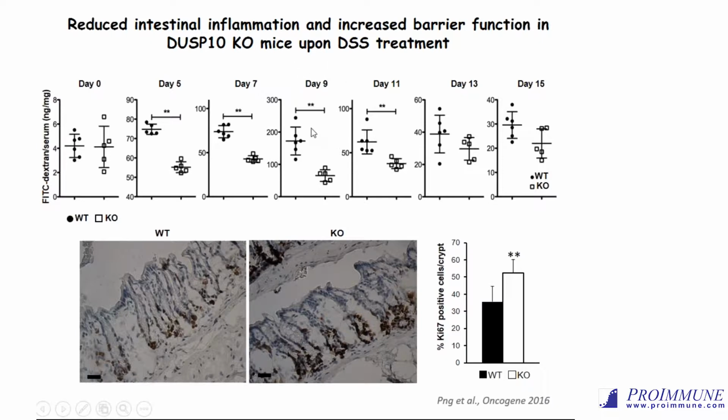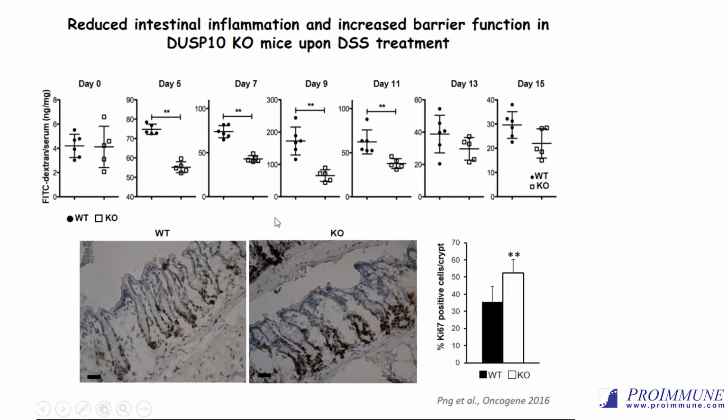There are about 200 nanograms per milligram in the wild type mice, and compared to these wild type mice, the knockout mice seem to have better barrier function, because they have much lower concentration of dextran